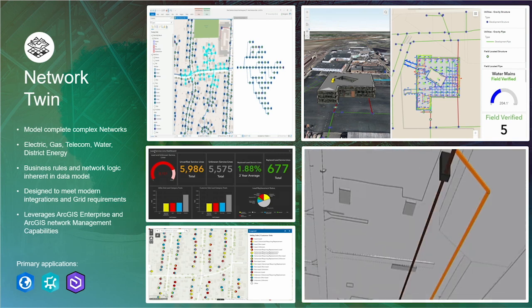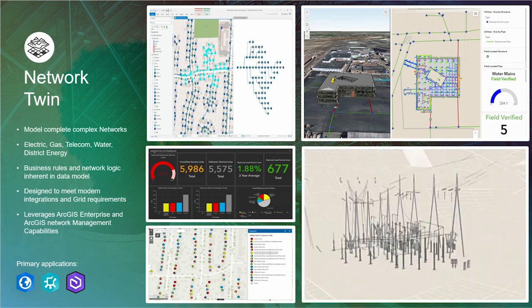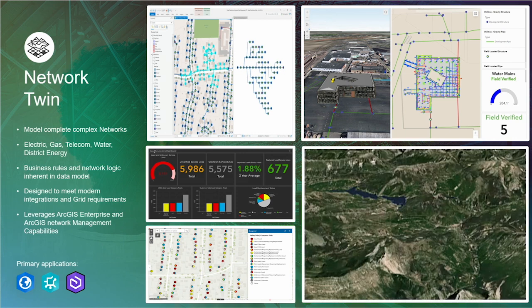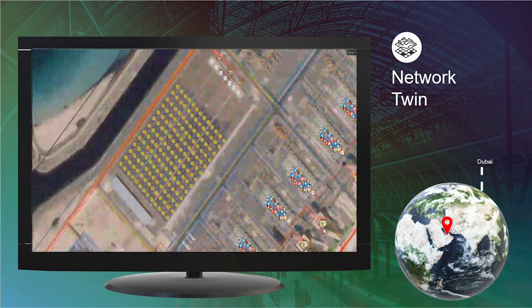And on the pictures, you can see also different types of examples. I think they're popping up through the videos. You can see how you can represent your twins. One of the examples that I wanted to show you of the network twin is this representation of the system from Dubai. You can see on the video, it's going to start popping in.